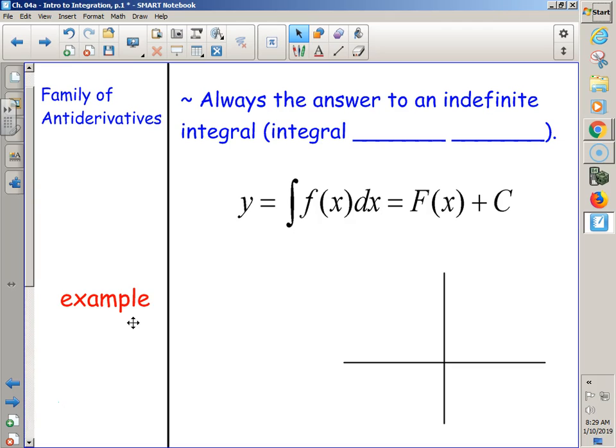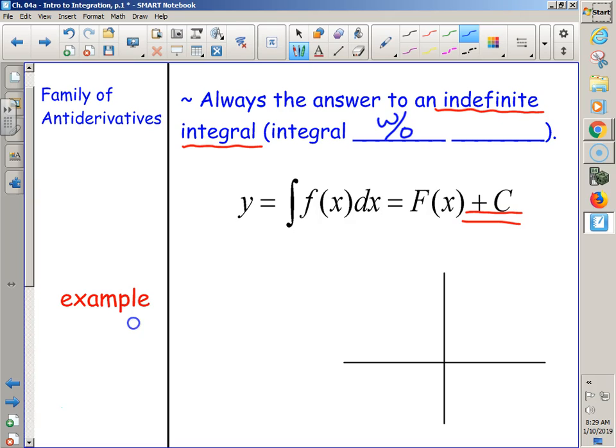And you're going to get an entire family of antiderivatives that you can only make particular or specific. You can only fill in with a specific constant if they give you an extra clue. A family of antiderivatives, aka including plus c, will be the answer to any indefinite integral. And I already alluded to this. I just didn't specifically write it down yet. That's any integral without bounds. And what I mean by without bounds,